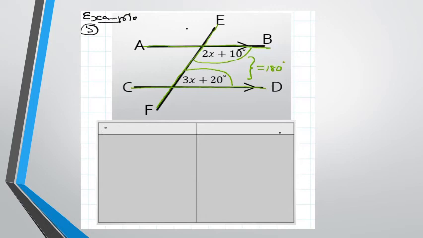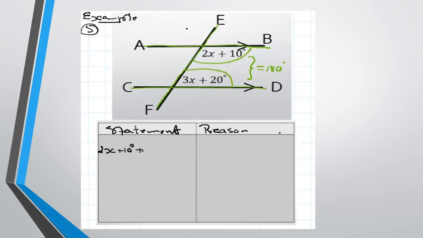So I'm going to start with statement and reason. I'm going to start by labeling the values of those two angles, namely 2x plus 10 degrees